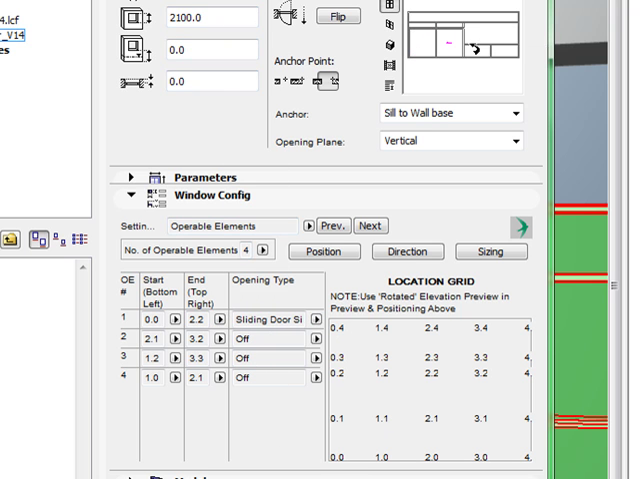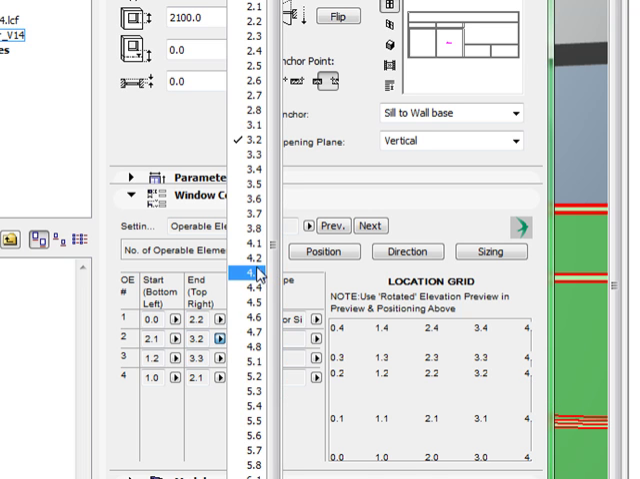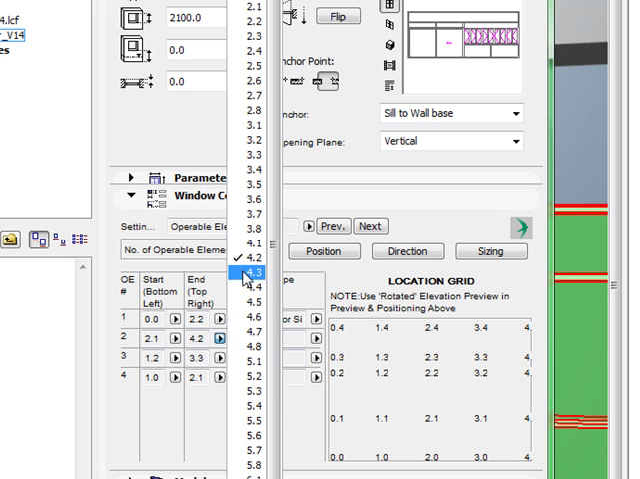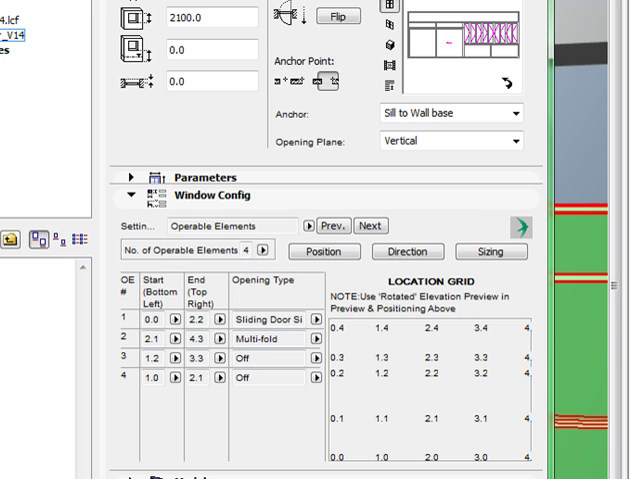Then in this section here, we want our bifold, so we're going to go from 2, 1 to 4, 2, and we choose a multifold. I think that's actually 2, 1 to 4, 3. And then we're going to put a louver across the top, so that'll be 0, 3 to 4, 4,